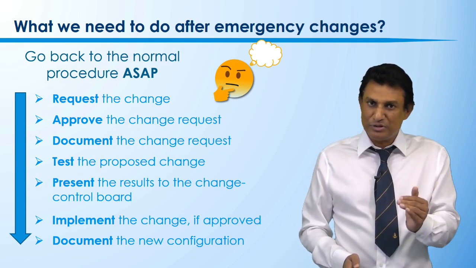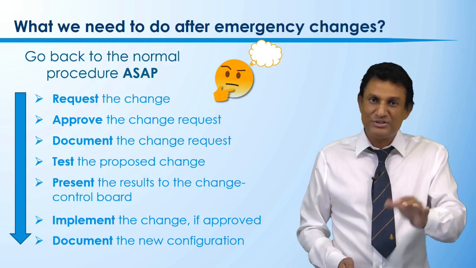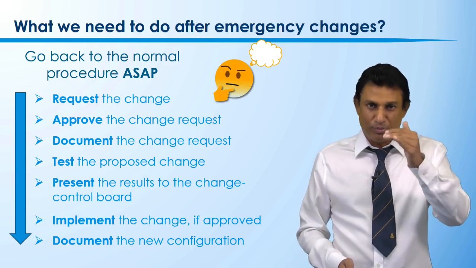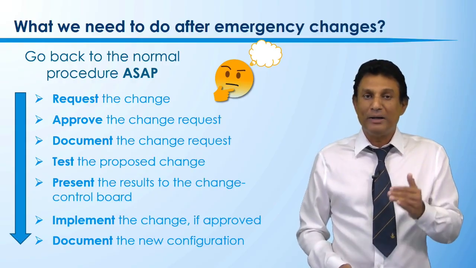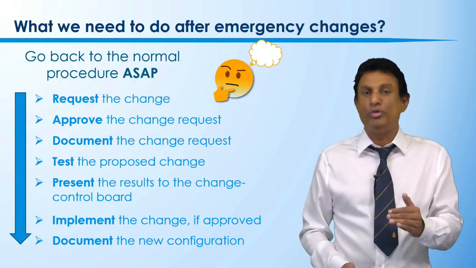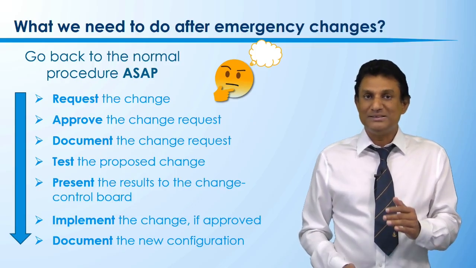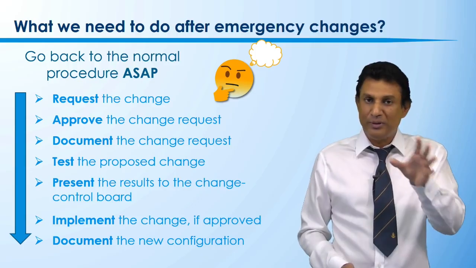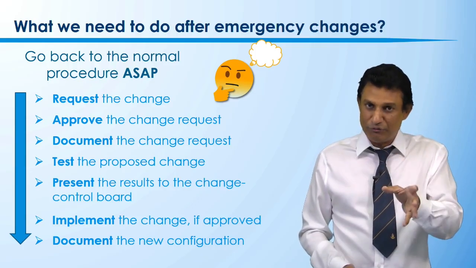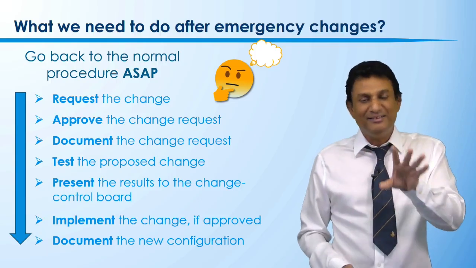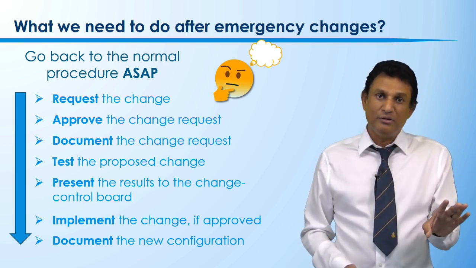Remember, we discussed the normal procedure in the previous videos. We submit the request and get the approval and do the proper testing, audit trail, documentation, and so forth. We go back to the normal procedure. That's extremely important, to go back to the normal procedure. Okay, right? So what happens is that after we go back to the normal procedure and fix it for a longer period of time, we retire the emergency environment, and then we are no longer running under the emergency environment but under the production environment.